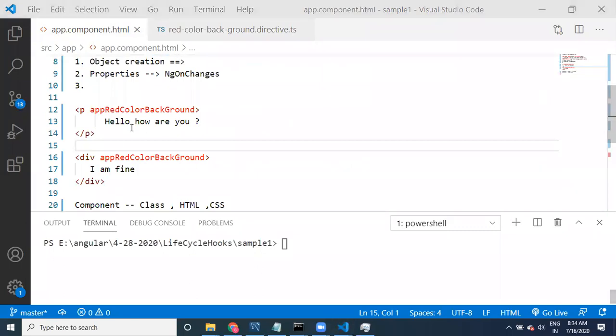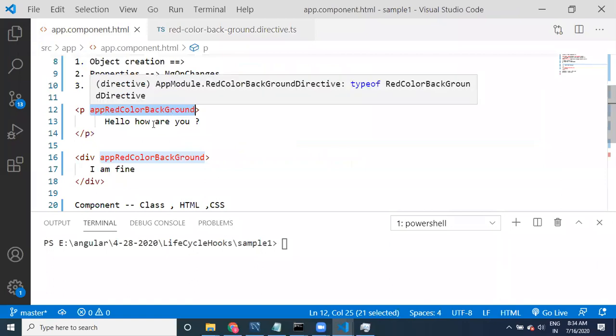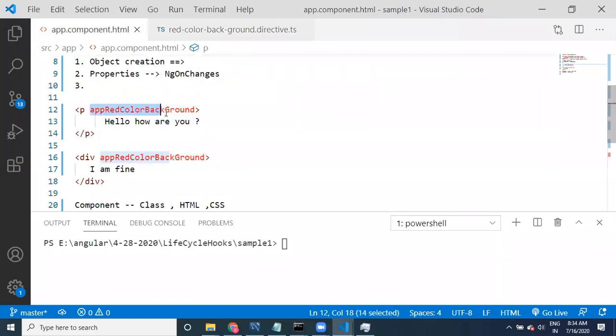When we are applying this attribute, this directive is applying to tag p. Because of one instance, it is going to create one instance for this, and another instance for this.